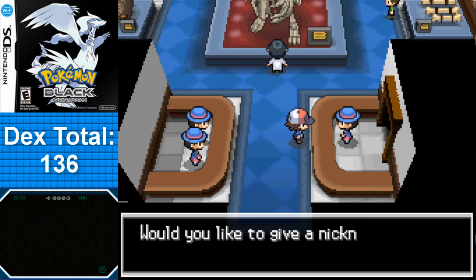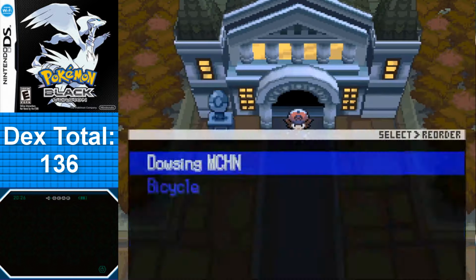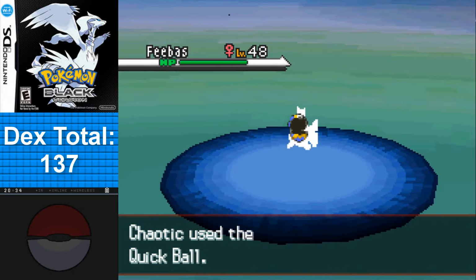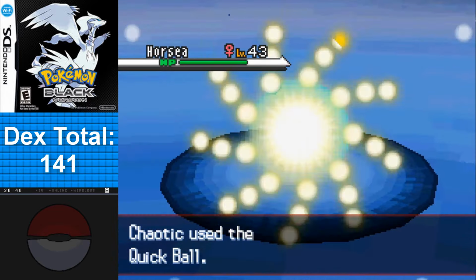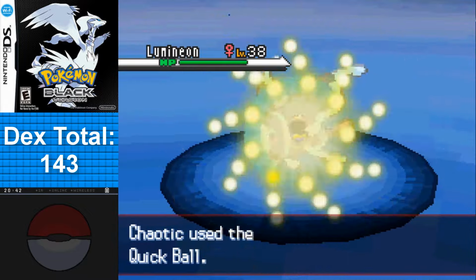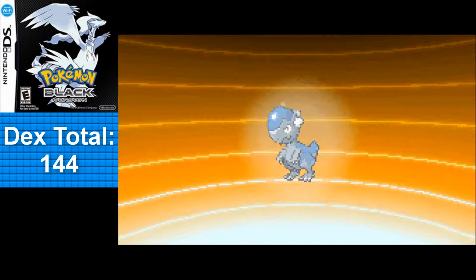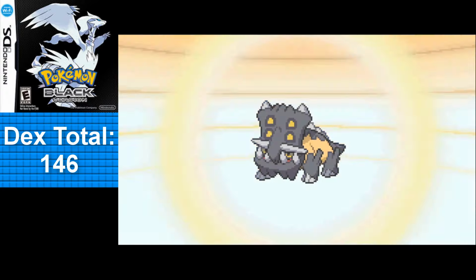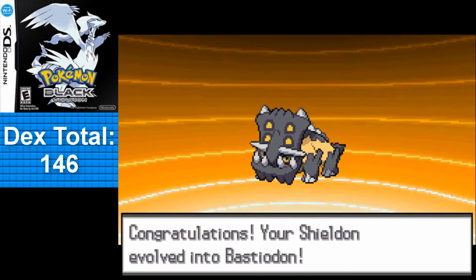From here, I wanted to take out all the revisits for fishing encounters. So in order, I got Feebas from regular fishing and Milotic from rippling fishing on Route 1, Seadra from rippling, Finneon and Horsea from regular, and Qwilfish, Lumineon, and Kingdra from rippling on Route 17, where I managed to evolve Cranidos into Rampardos and Shieldon into Bastiodon, both at level 30 since the search took a little while,